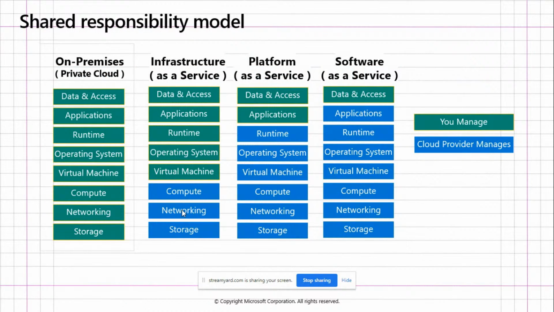This is how the shared responsibility is split. When it comes to on premises, which is private cloud, everything will be taken care of by the organization itself. And when it comes to infrastructure as a service, storage, networking, and compute